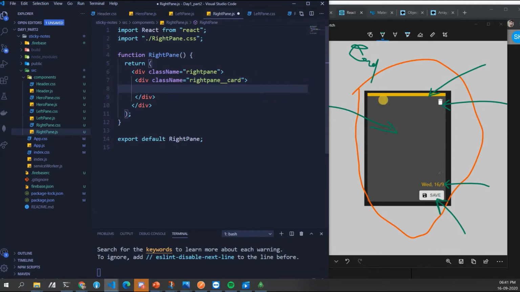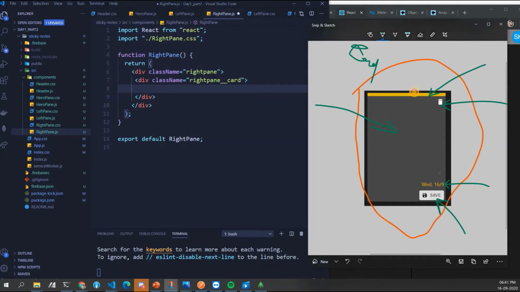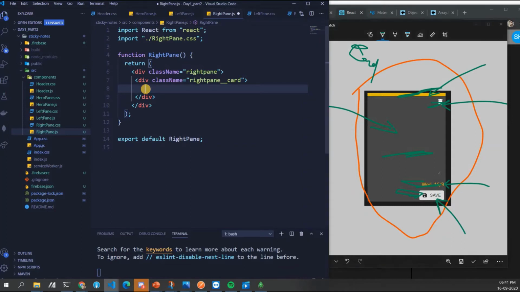Inside that, what all things are there? There is this color part. There is this delete part. There is this part, and then there is this save part. So we'll write it here, the way we do it. Color section.